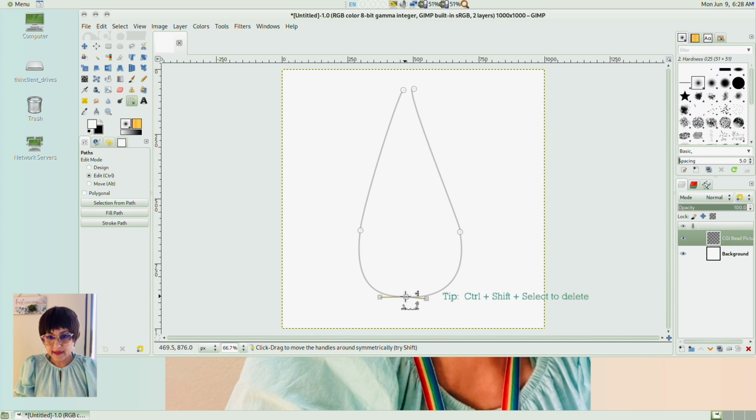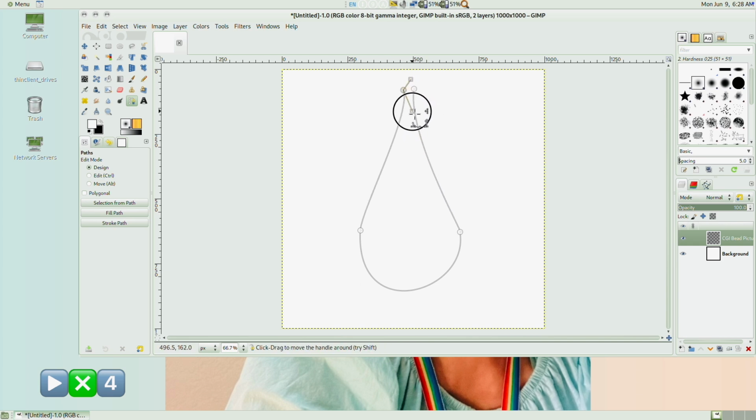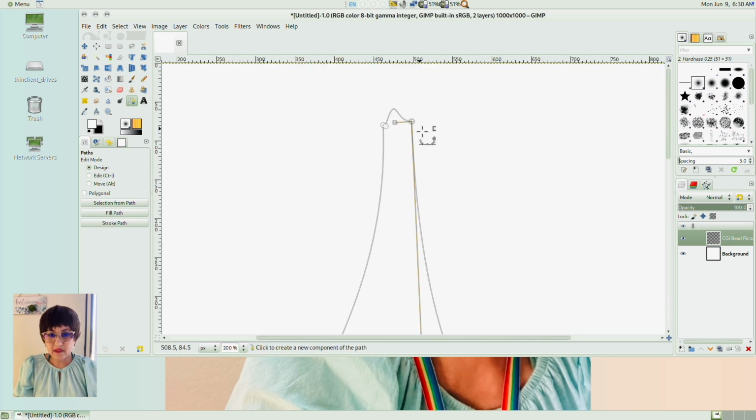I think the tricky part is at the anchor points. Zoom. It looks a little bit odd.